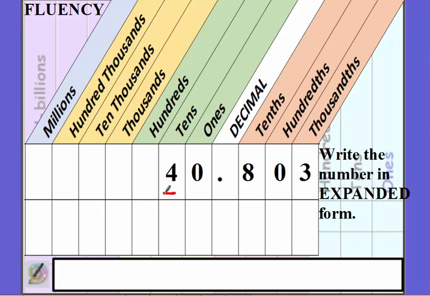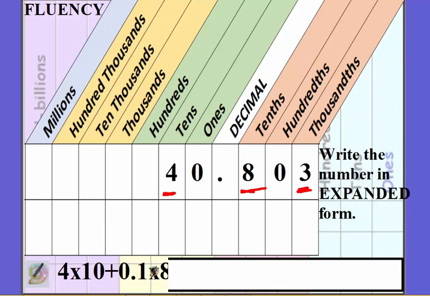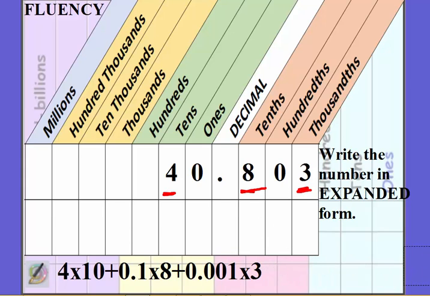Well, I have 1, 2, 3 place values, so I need to have 3 place values in here. First is my tens, and I have 4 of them, so that's 4 times 10. Then my next one is tenths, so I have my tenths times 8. My last one is my thousandths, and I have 3 of them, so that's times 3. Alright,